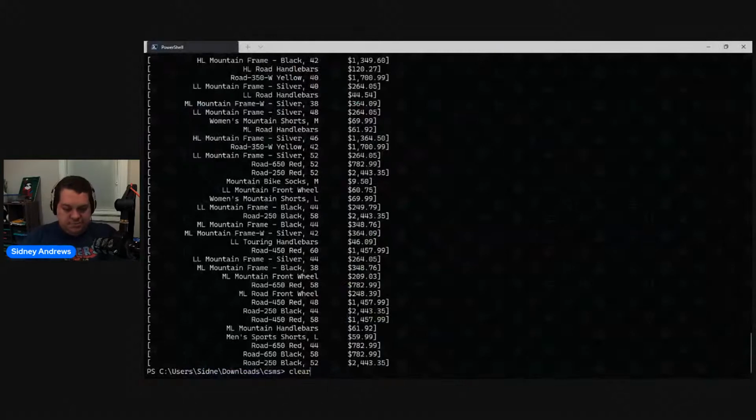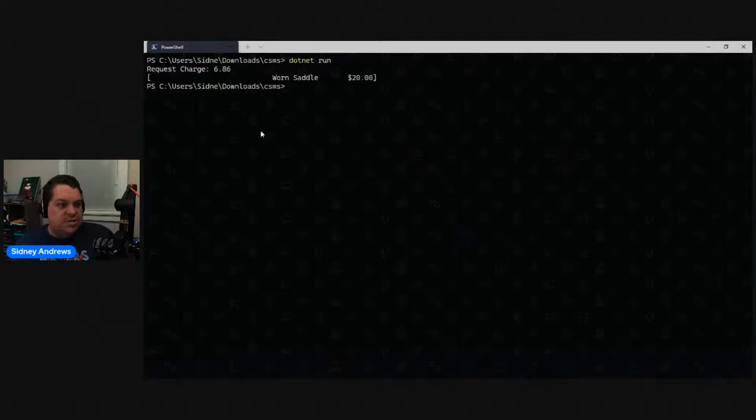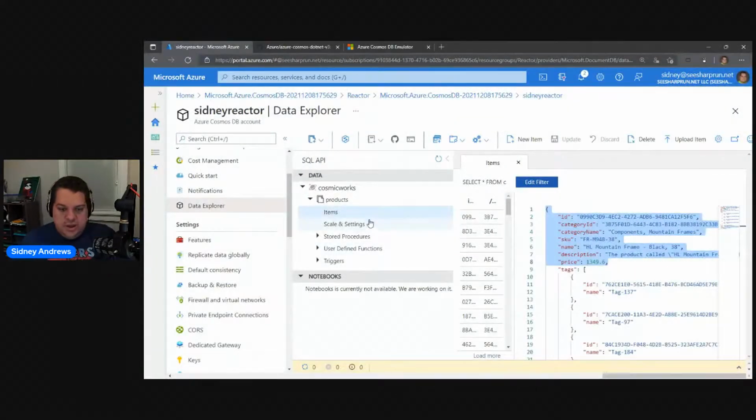All right, let's run that code. I wrote a lot of code here. dotnet run. All right, we would charge 6 request units to create this item called Warren Saddle. That's worth $20. So if we go into Data Explorer and go to items,